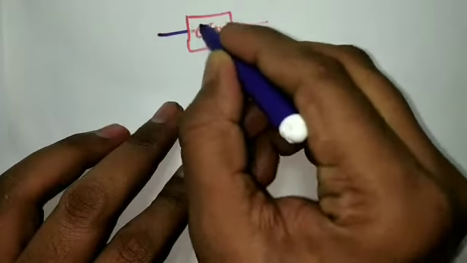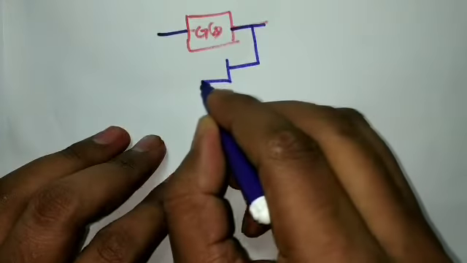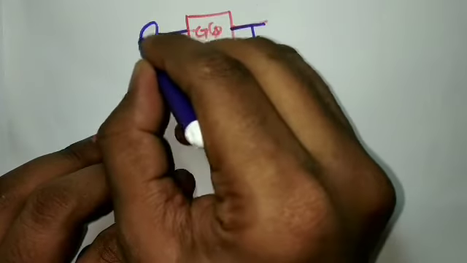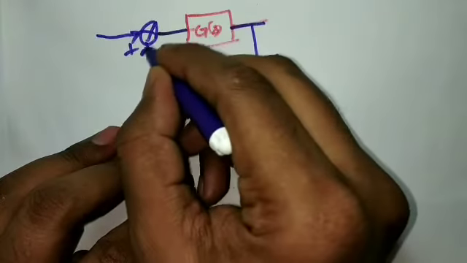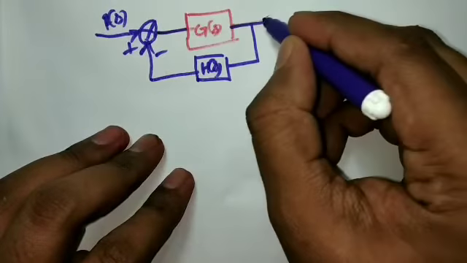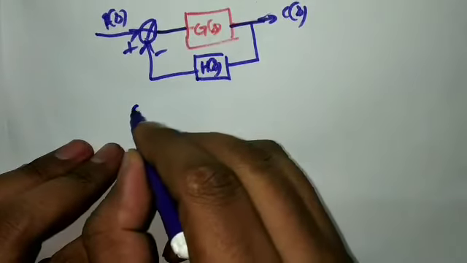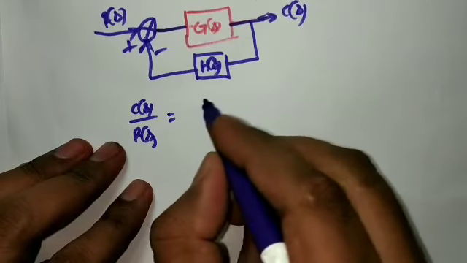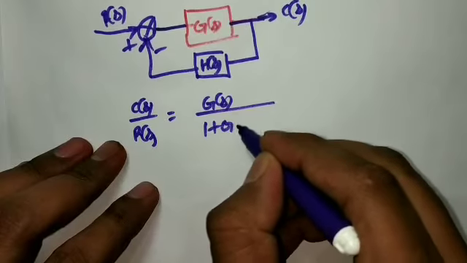So this is g of s, and I'm going to connect the feedback, that is h of s. This is our error detector, and this is negative feedback. This is input r of s, and the output is c of s. So what is the transfer function here? C of s by r of s is equal to g of s by 1 plus g of s